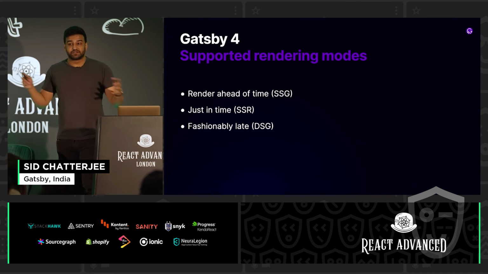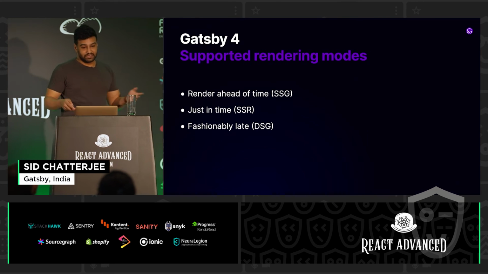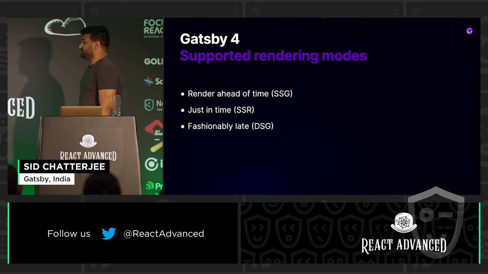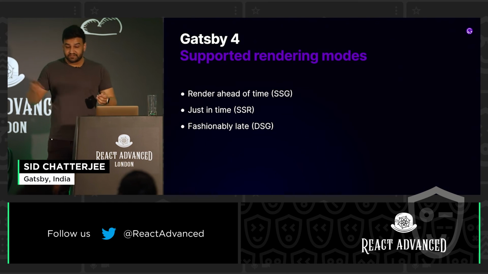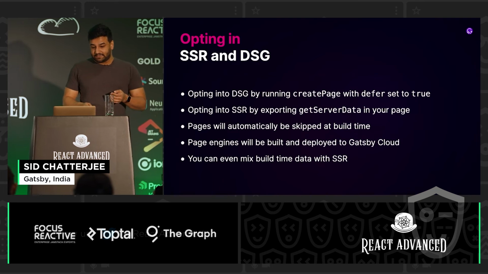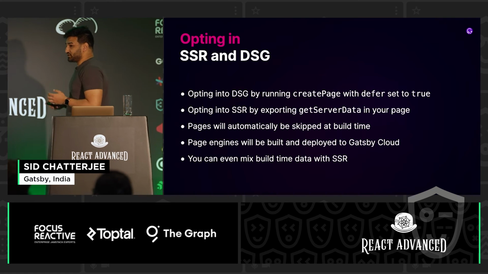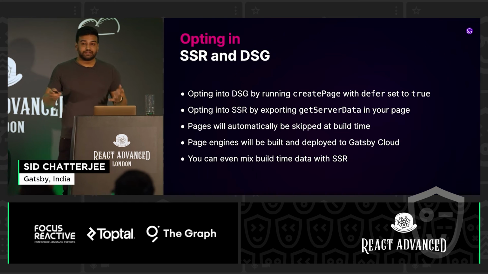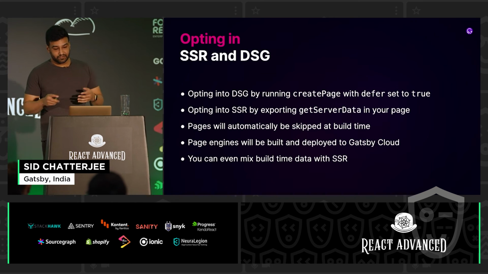Gatsby 4 now supports all of these different rendering modes. We have SSG, which is sort of ahead of time, right? We have SSR, which is just in time, and we have DSG, which I like to call fashionably late. It's not hard to use either. If you look at the documentation, really all you need to do to opt in to DSG for a page